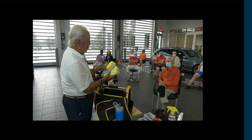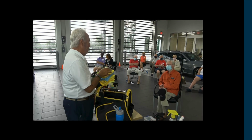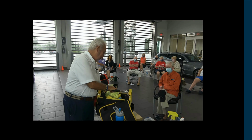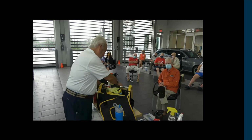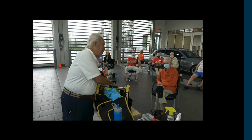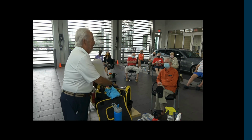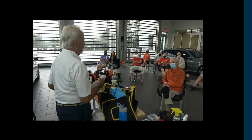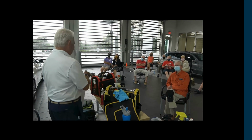I take 6 microfiber towels with me. Well, there's 2 more. It's 8. And then I take a towel with me. And I don't use this towel to dry the car. If I'm working the engine compartment,